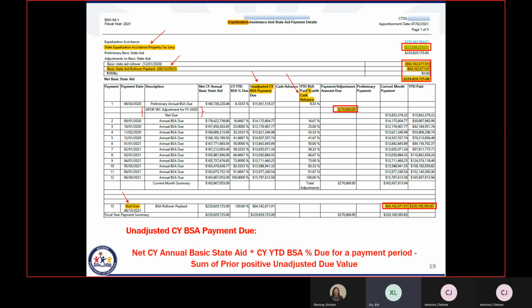So you can see a couple highlighted columns. Those are new columns for this BSA 64. The first one is unadjusted current year BSA payment due. So in case you would like to calculate the payment by yourself, we listed the actual formula at the bottom of